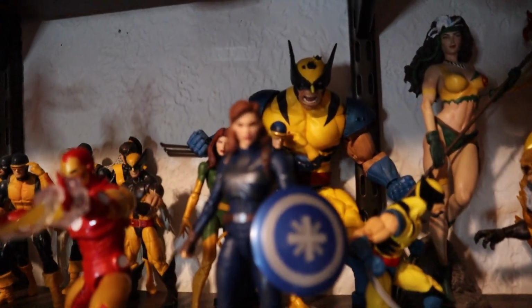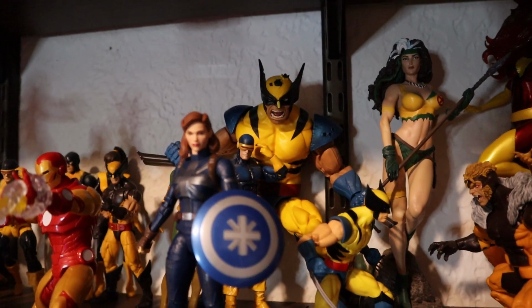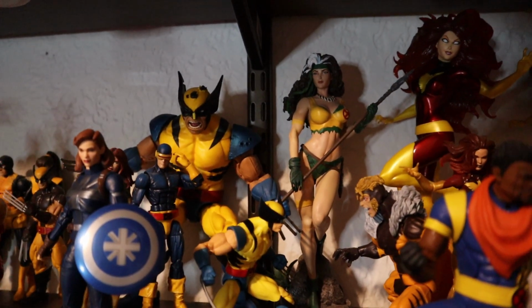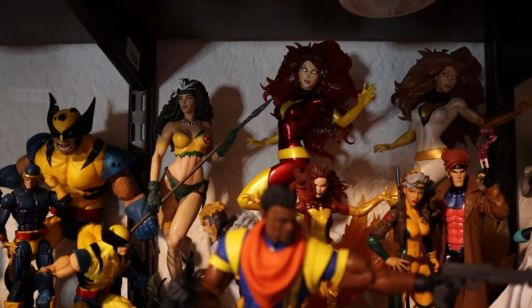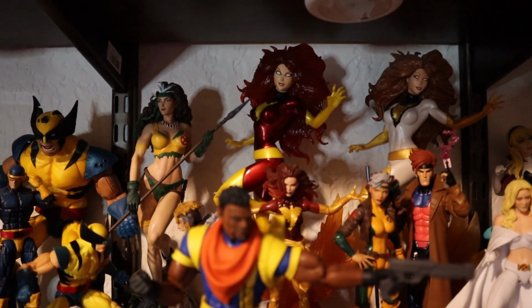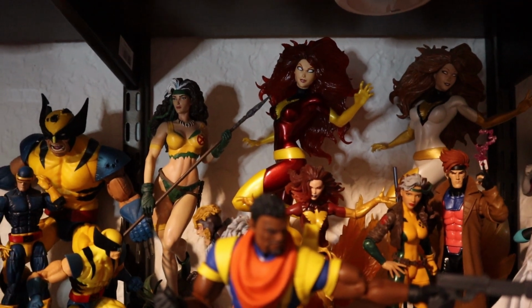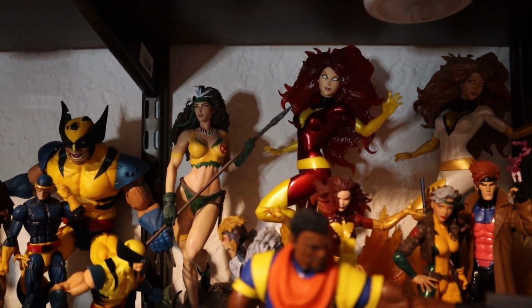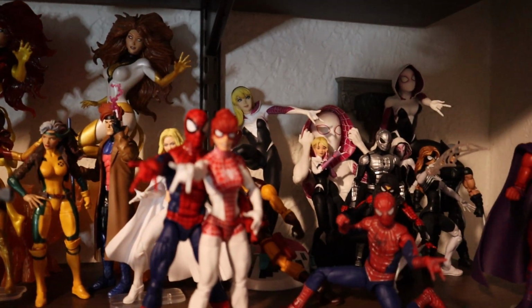What am I talking about? I'm talking about a big giant Wolverine. Not necessarily a statue, but still a problem in general. He takes up real space. I got Savage Land's Rogue. We got a couple of statues back here. We got the Phoenix, both the white costume and the red costume. I can't remember what they called her, but I know the red costume was the Dark Phoenix. I remember that. We got a couple of Spider-Gwens going on back here,